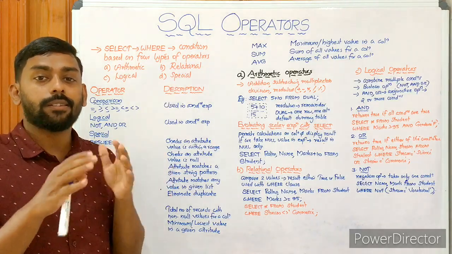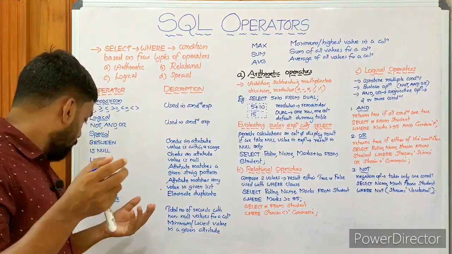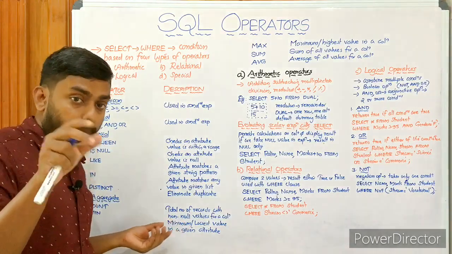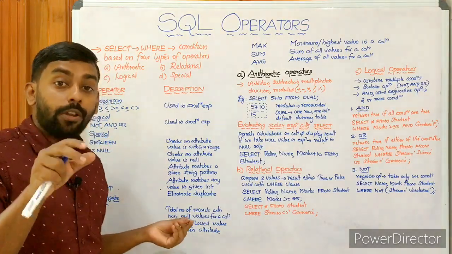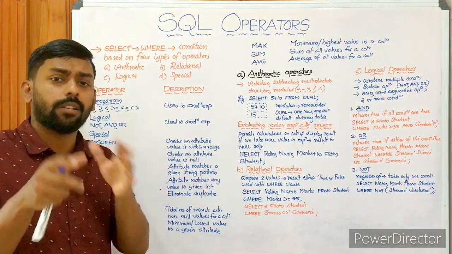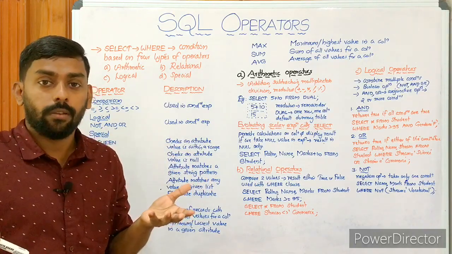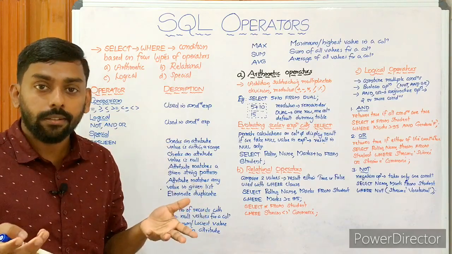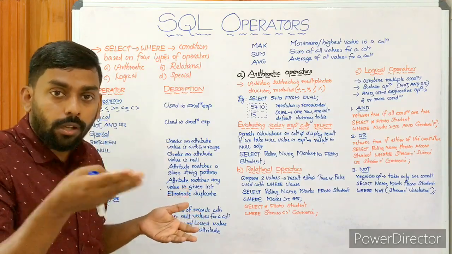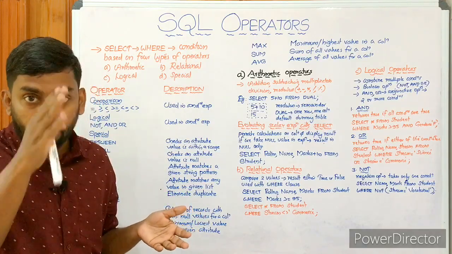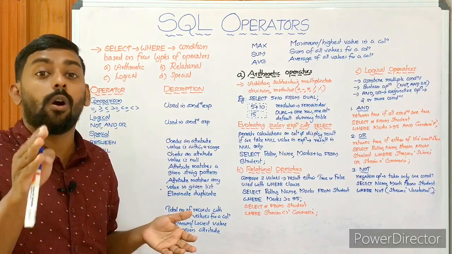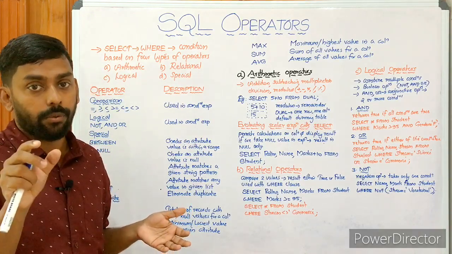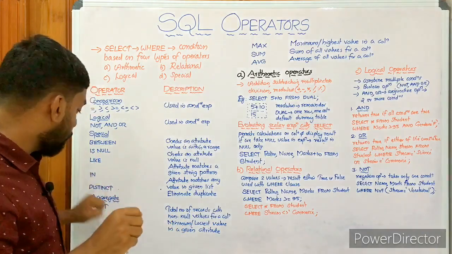For example, select star from student, applying where, okay, apply means min of marks. Or select min of marks from student. For example, if the minimum, lowest marks is 80, it prints 80. It goes through all the attributes in that particular column, and it returns the lowest or minimum value. Hope you get it. So that's what minimum is.